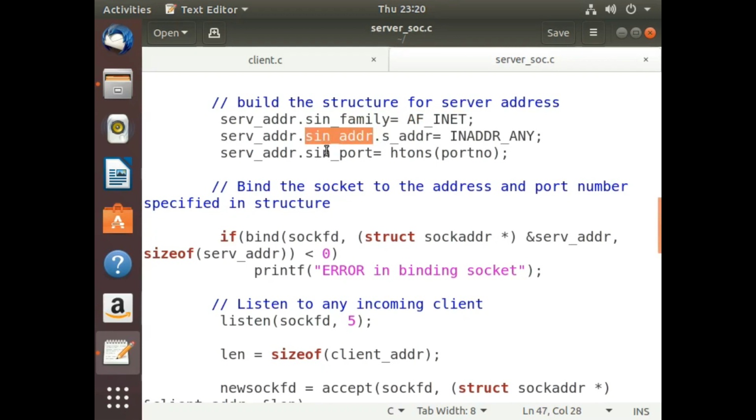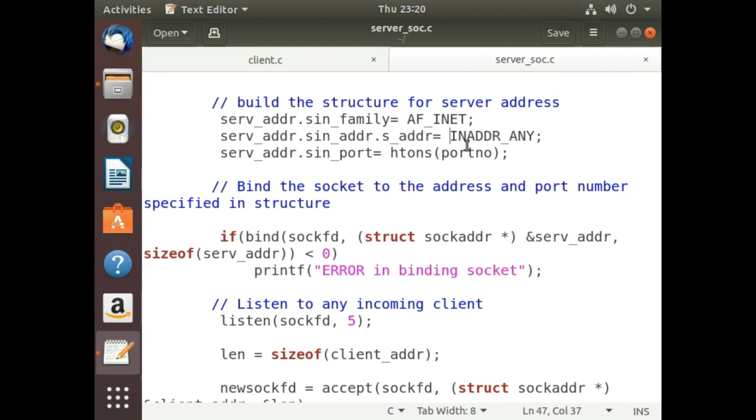To access the member of this structure, we have to put a dot and the structure variable's name, that is s_addr. We are storing the IP address of the server in it, and instead of specifying any specific IP address, I have mentioned INADDR_ANY.